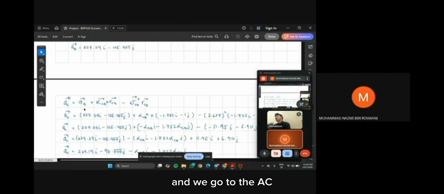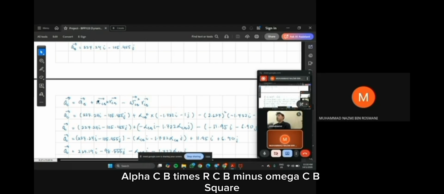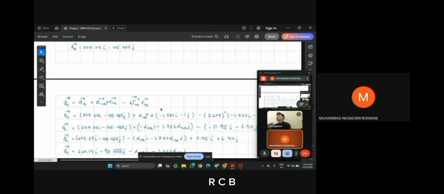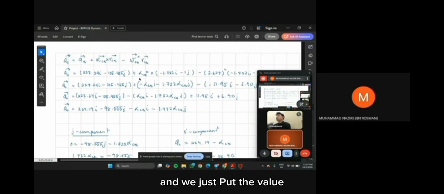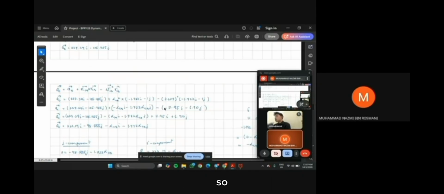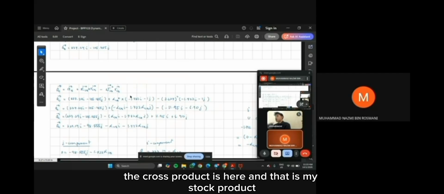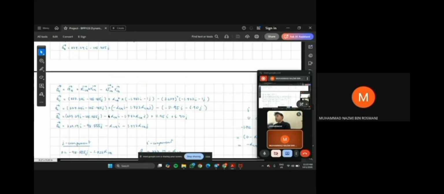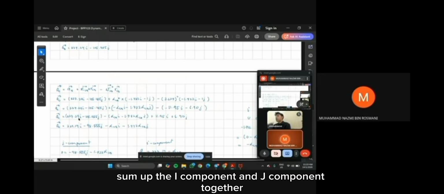And we go to the acceleration C, same as the question before. AC equal to AB plus alpha CB times RCB minus omega CB square RCB. And we just put the value. So the cross product is here and this one is dot product. And the second last solution is we got here, and then we just sum up the I component and